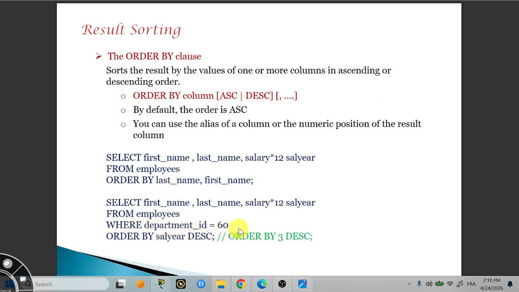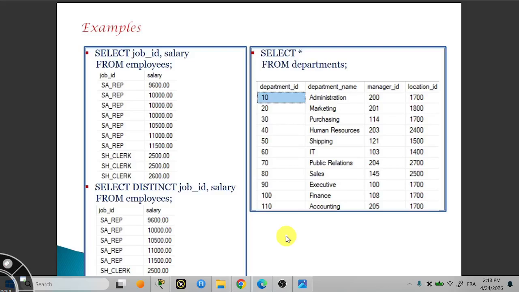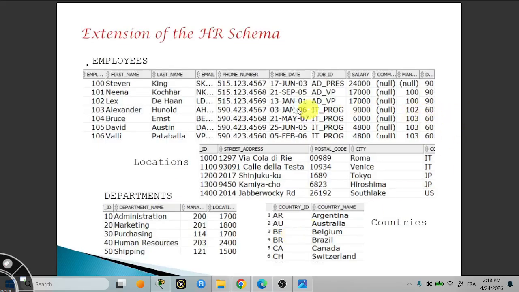So we are calculating this query for all employees with department ID 60, as we did here for 60s. After that, order by last name and first name. So you will find the row that has Austin will be instead of